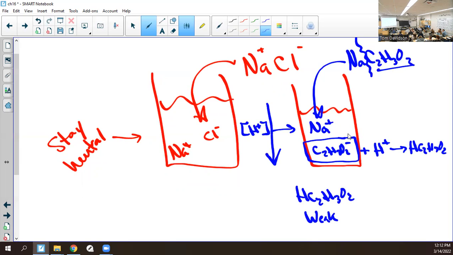Who's with me? We're going to do this a lot. Kids, like years and years, we talk about these solutions and buffer solutions specifically, and we add a salt, and they're like, oh, this isn't even an acid problem. He just added a salt. Well, you have to care about the anion and the cation of what you're adding, because they may affect each